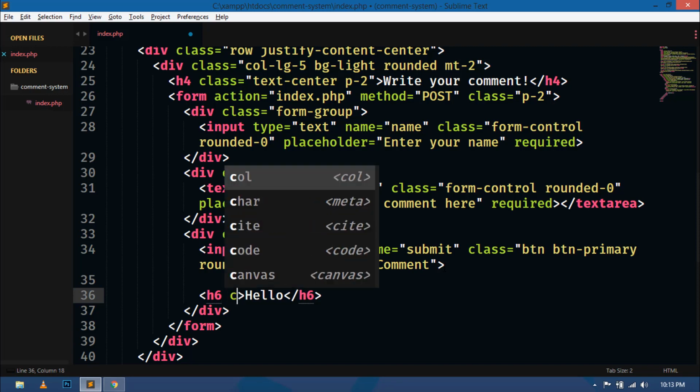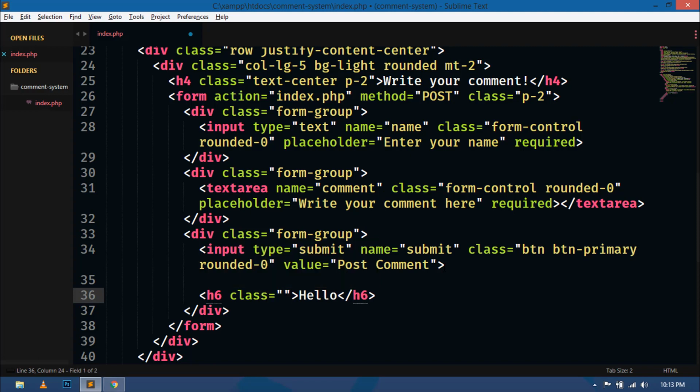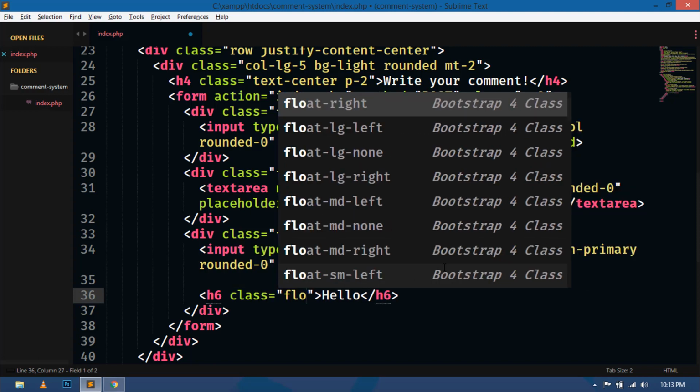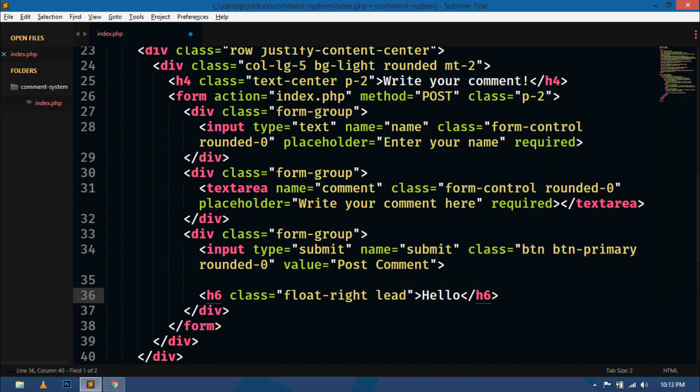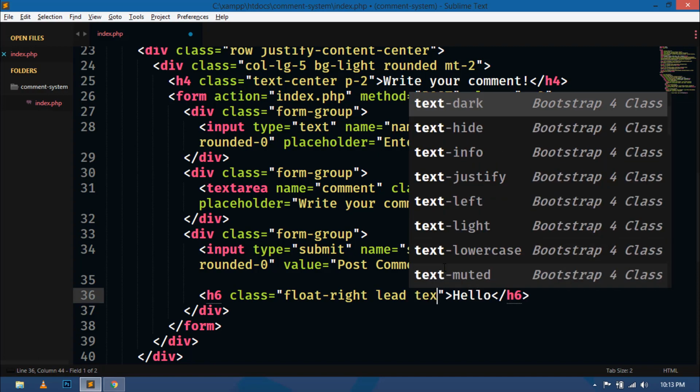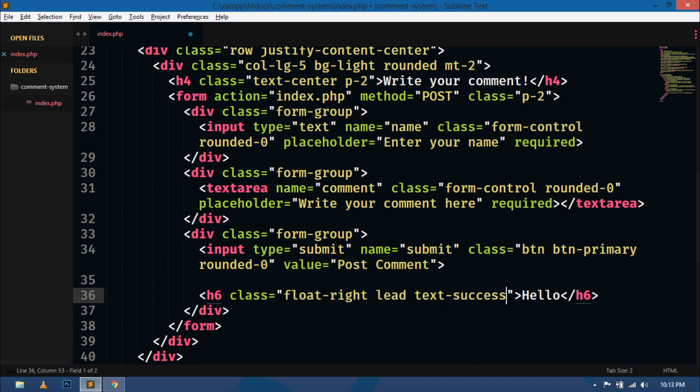So by this time let's give some Bootstrap class float right, and here I will use lead and text success padding 2. Okay,